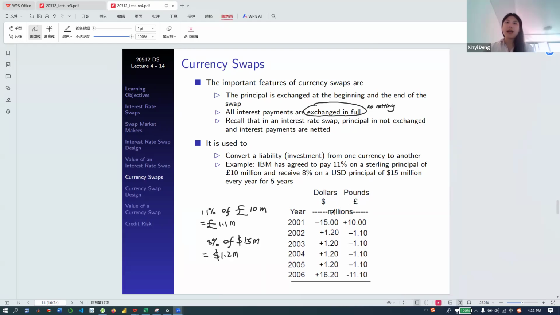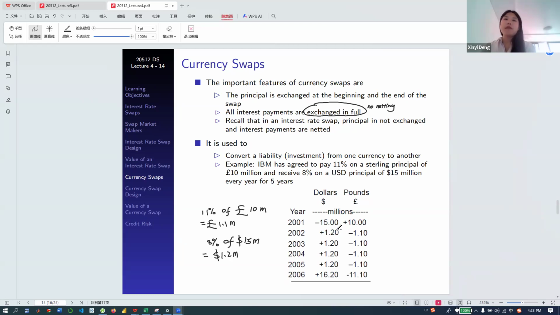So what's happening at the beginning of the contract is that IBM is paying out dollars and receiving pounds